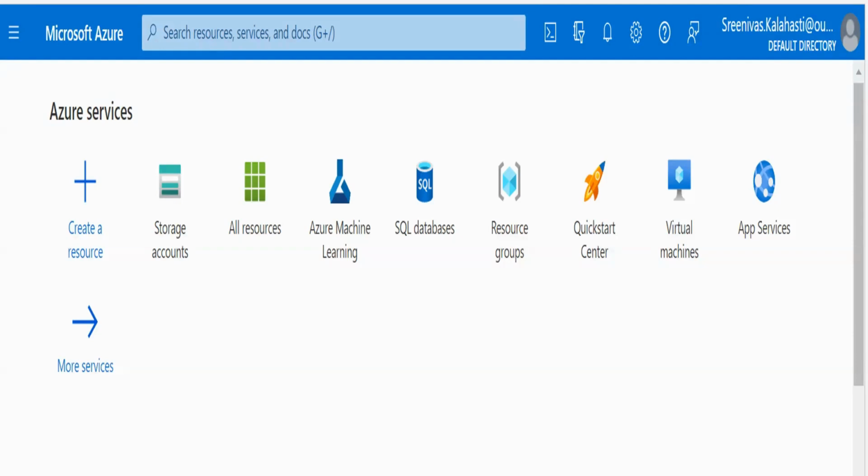All these are different services which we can go and use. Azure SQL Database is nothing but the cloud SQL database, and virtual machines will help you build virtual servers here, which we can maintain. So all these will help you maintain your end-to-end data pipelines in this Azure environment.